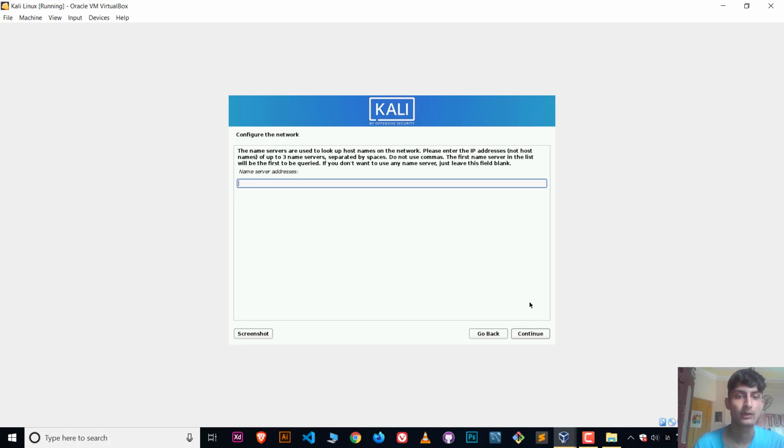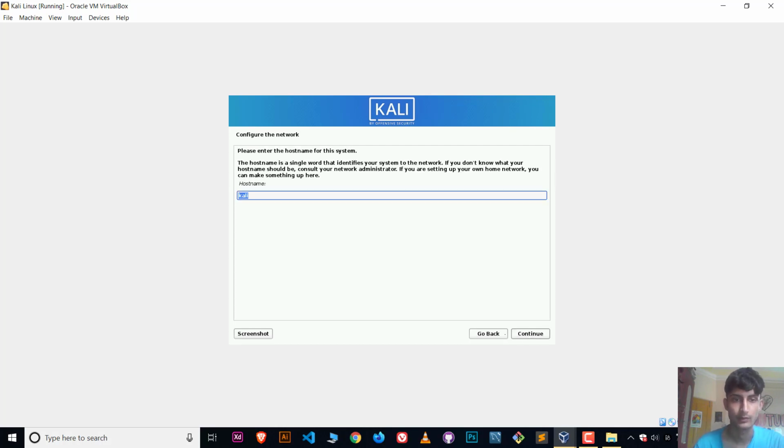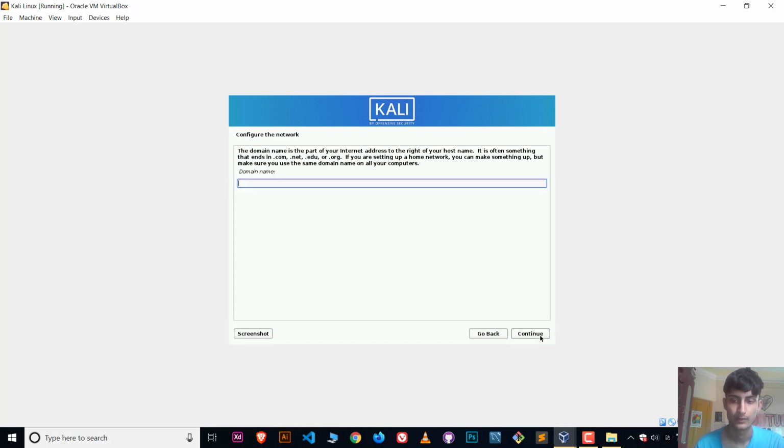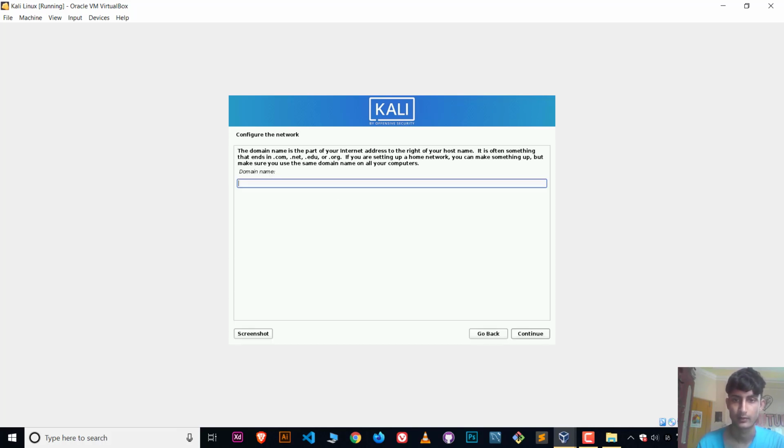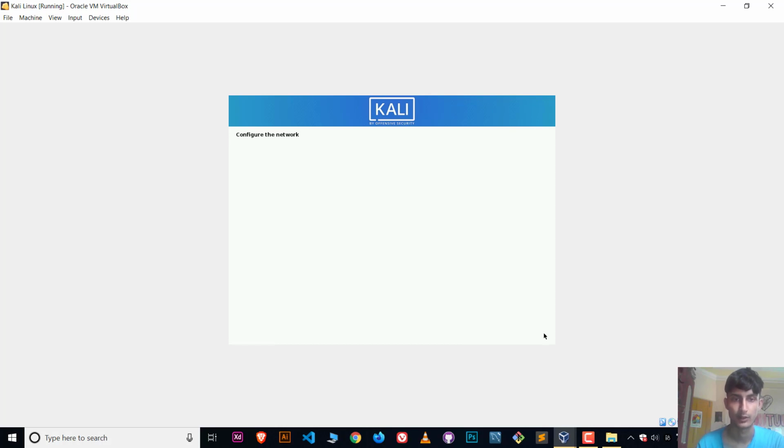Now in this option you can leave it blank, continue, and here you have to write down the host name. I will just write down Kali, and make sure during writing the host name you don't use any space. If you wanted to use a name like Kali in Linux, you can't use spacing, okay? Just use the normal word, and then okay, and in this option you can still leave this blank, continue,